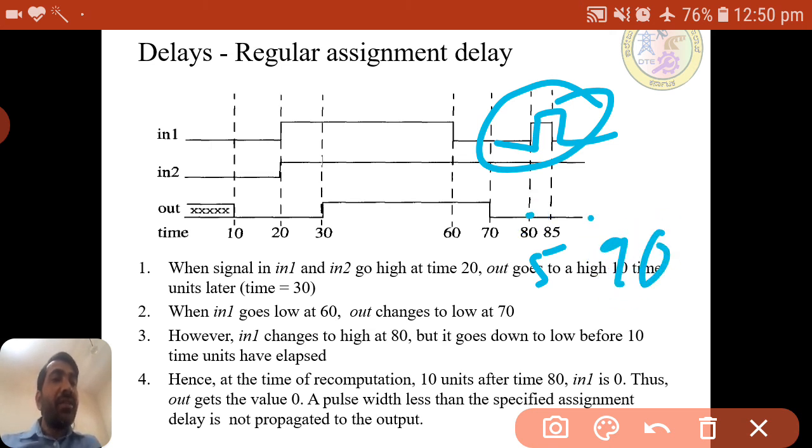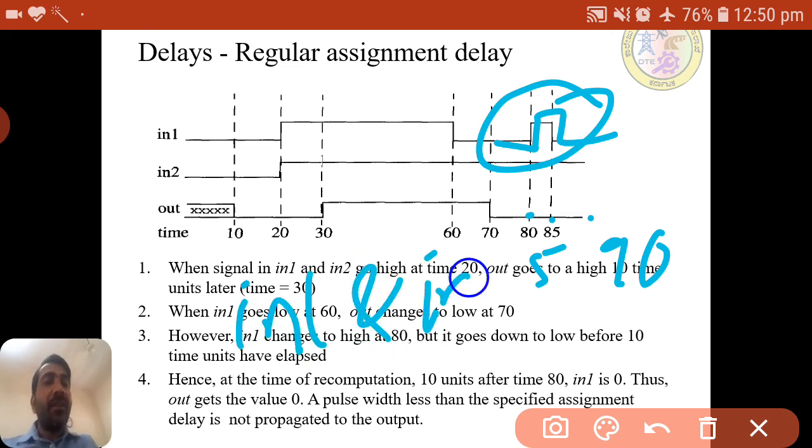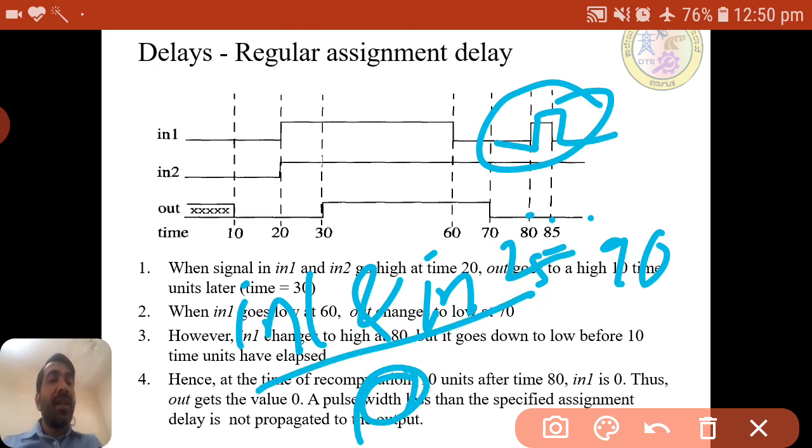At 80 the change occurred, and the output would be delivered at the 90, but within that time it changed again to 0, as the output value is continuously being updated. So at 85 again the evaluated value is 0. Whatever in 1 and in 2 is evaluated, it will update after 10 nanoseconds.